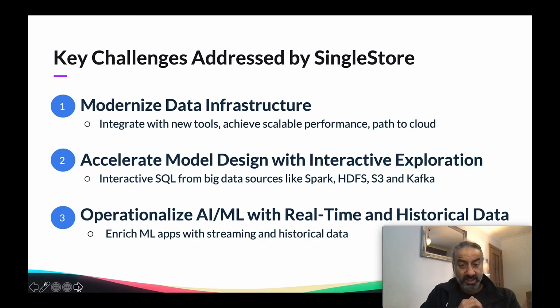If we have a look at some of the model design and the interactive part of exploration, there is this understanding that there is interactive SQL from big sources, new sources of data coming in from HDFS, S3, Kafka.